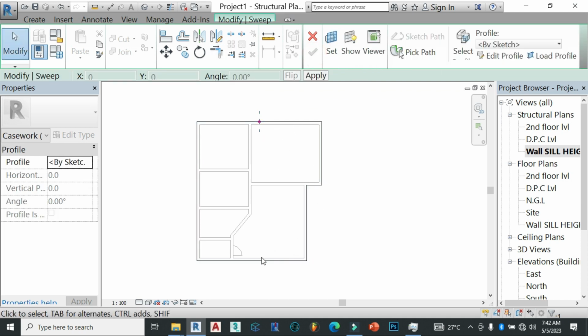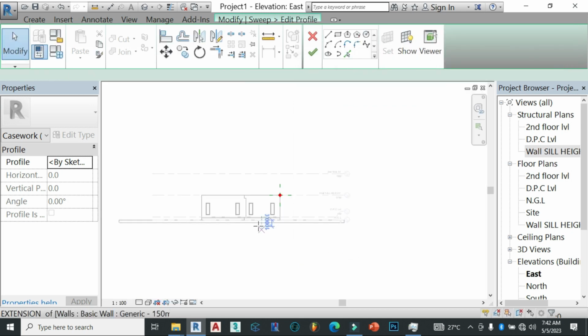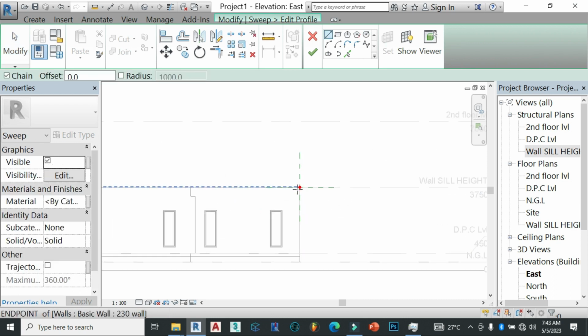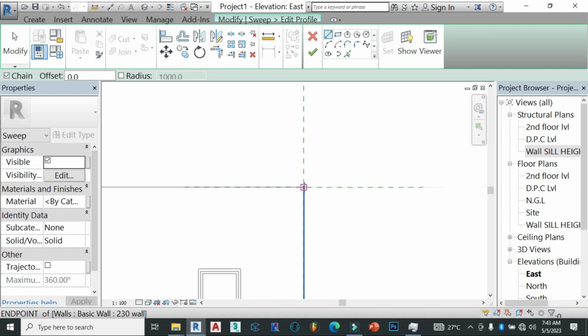As you can see, this has been created. This is now the profile which we will use to create our concrete fascia. All you have to do now is click on edit profile. You can see it's asking us which of the views we can use. We can go with the east by clicking open view. When you see this red dot and this line, it means we are good to go to model a concrete fascia. If you're conversant with Google SketchUp, there's a tool called the Follow Me tool. This sweep in Revit is almost the same thing as Follow Me in Google SketchUp. Now we can start drawing